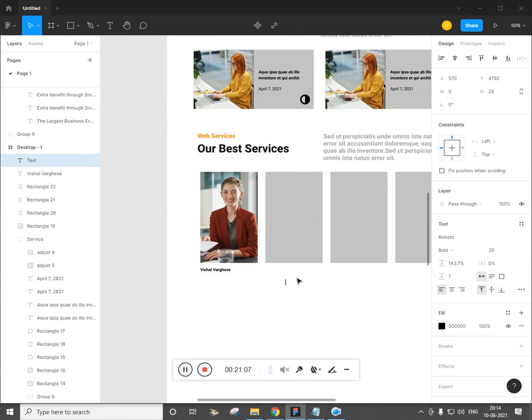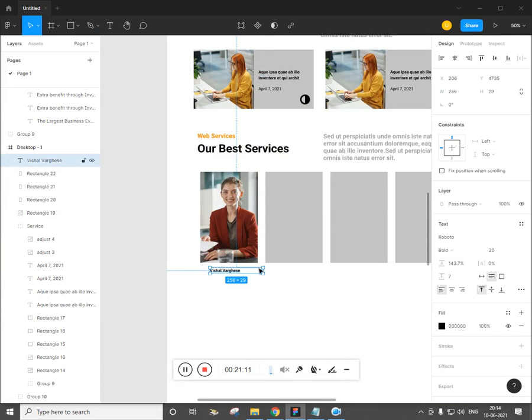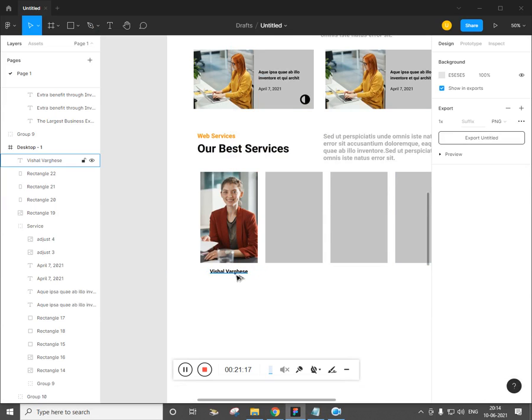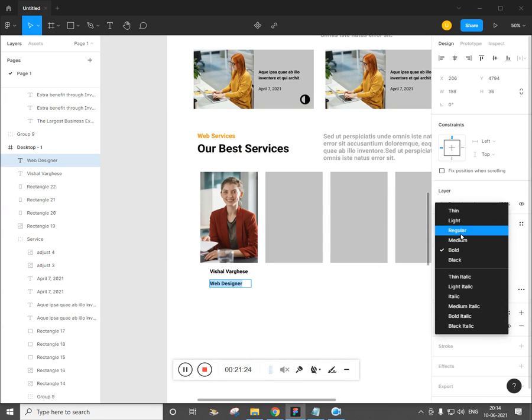I'll give my name and center the position of it, and let's give this 25. Now make a duplicate of it and give the designation, and we'll make this regular.